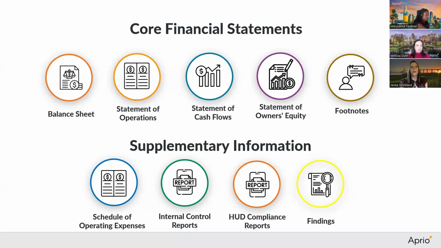We talked about how the people giving you equity are typically going to be a stakeholder. So this is going to show who those people are, their contributions, distributions, allocation of income, things like that. And then finally, the last core element of your financials is your footnotes. The footnotes are where all your words are. A lot of people think audit is all about numbers, but the footnotes actually paint a story and give you some details on what's really included on those financial statements and paint a picture outside of just the numbers. So that's a really important part of the audit.